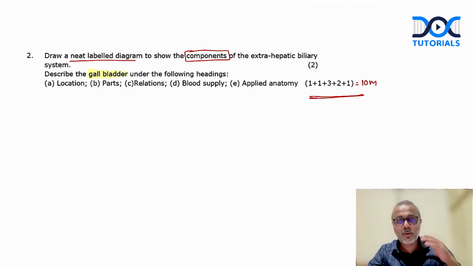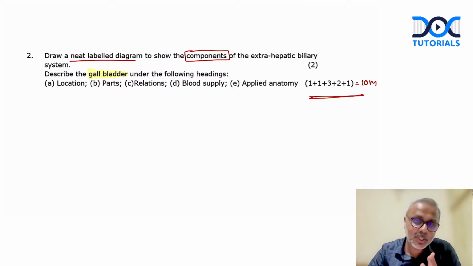Right. Again, more often, what do we think? Gallbladder could be a 5 marker and we may leave it out. But remember, even gallbladder can be asked as a long essay. Now, this is why you need to go through the PYQs. If you're planning to give your internal assessment or your exams without looking at previous year question papers, it's a crime again, right?